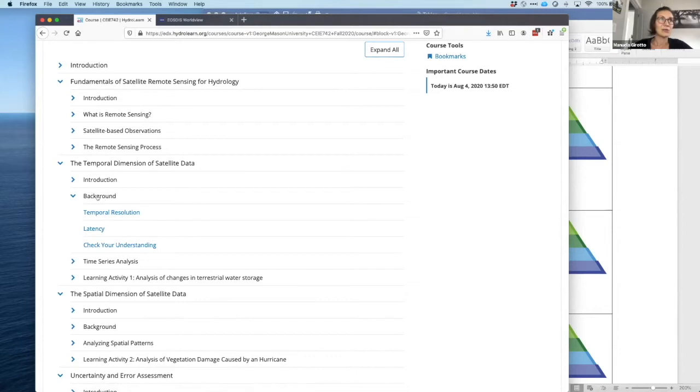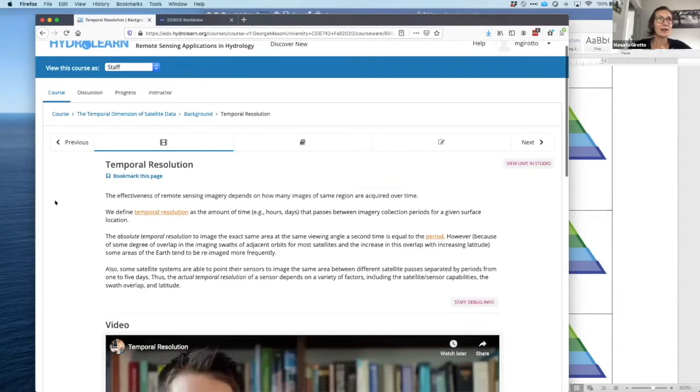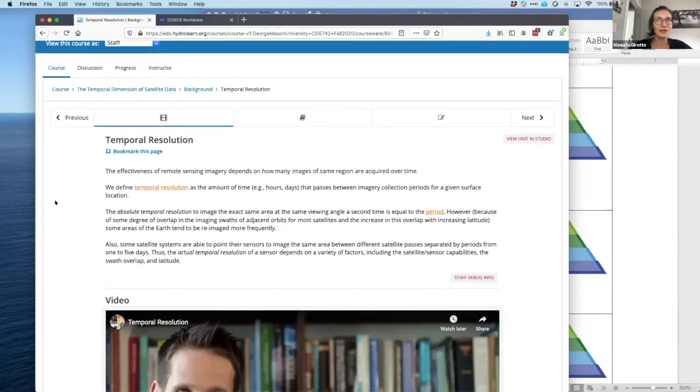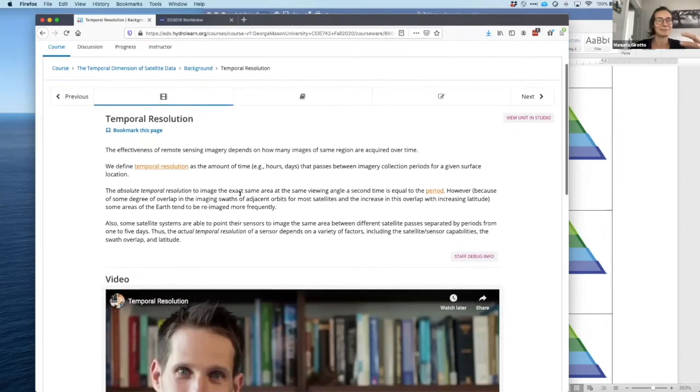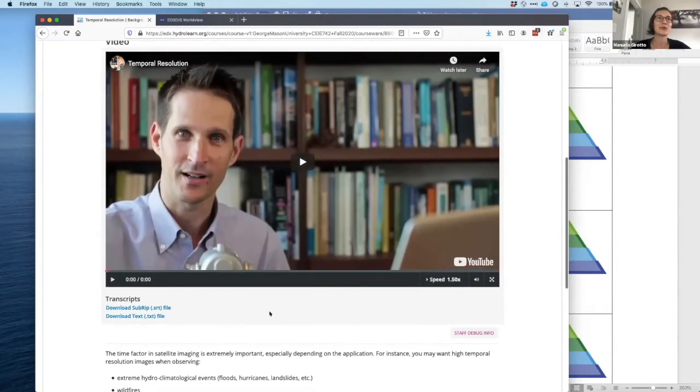So I'll start really with the background of the temporal resolution. Just as an example, if it opens. As I said, usually each of our units is an ensemble, an area given by some text definition, and we also try to include videos, typically less than 5 minutes, so short and quick and nice videos,